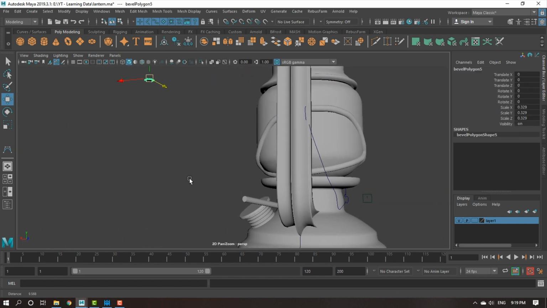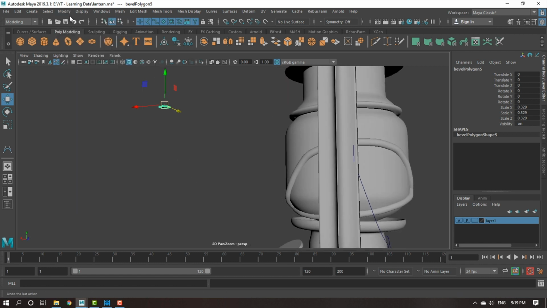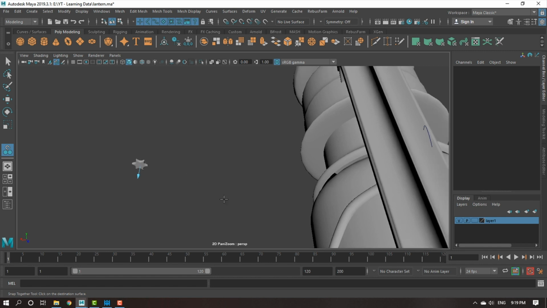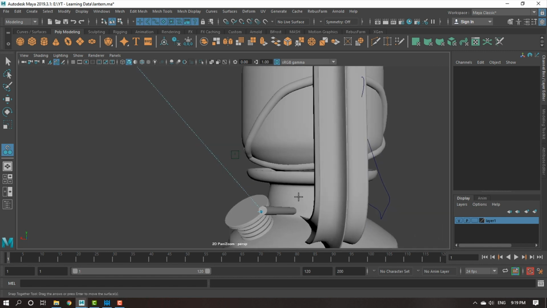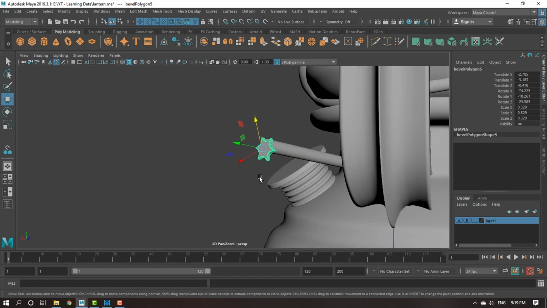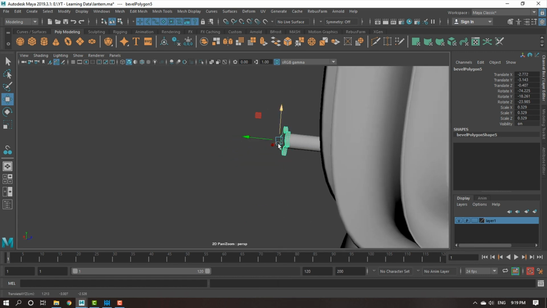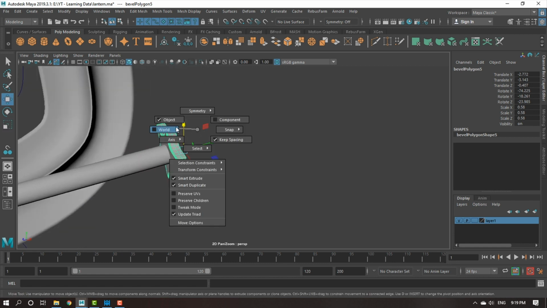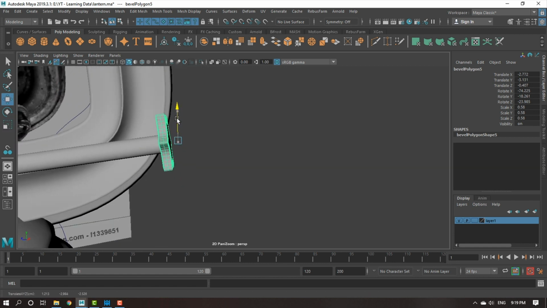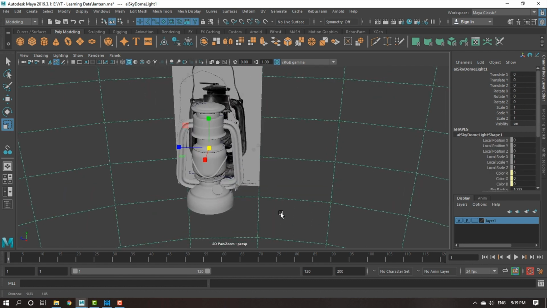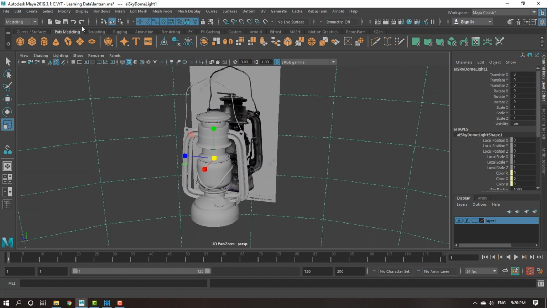And again same thing, go to modify snap together, select this thing and select this thing and say enter. We can say this is the nozzle pump. The height and everything you can adjust accordingly.